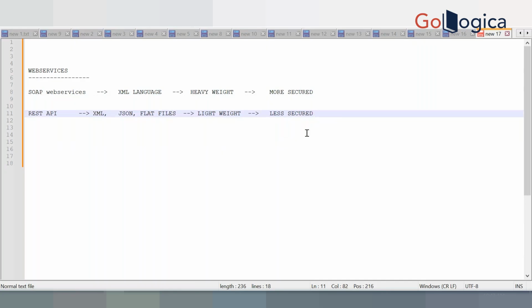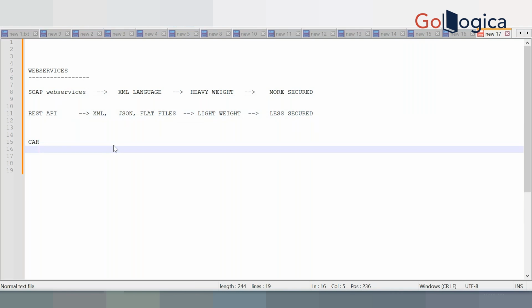But nowadays they are still trying to add more security features like OAuth 2.0 and token-based APIs, so REST API is also secure, though compared to SOAP it is less secured. Most APIs nowadays, SAP, Salesforce, ERP, Fusion, anything, we are going to connect with REST API only. So we'll see how JSON structure and JSON work.